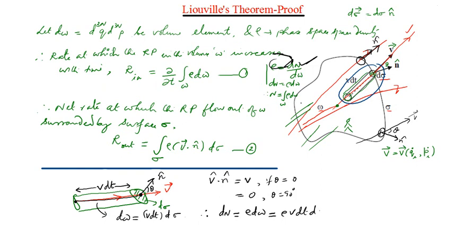And what are we interested in? We are interested in the rate of outward flow. That is, the number of representative points flowing outward through this surface area d sigma, or rather its rate. Therefore the rate of outward flow through d sigma, I'll call it some R dash. So that will be equal to dn by dt. You can take this dt, getting cancelled, or take dt to the other side. So you will be getting just simply rho v d sigma.